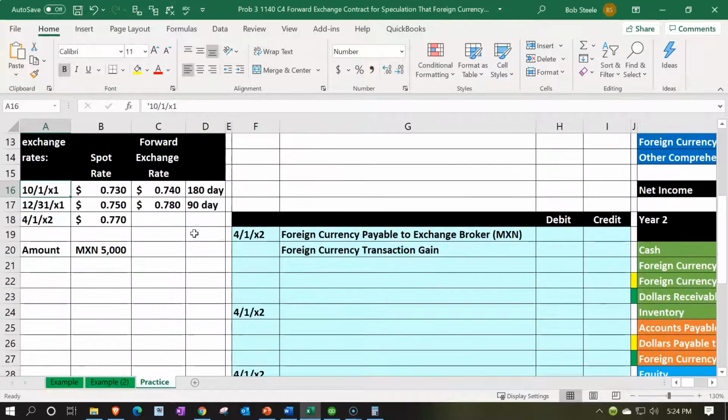Well, if we consider this, last time we were at one peso can get $0.78, and now 1 peso can get $0.77. So 1 peso can now get less dollars. That means the peso has weakened in comparison to the dollar. We're going to actually be paying in pesos in our case. And so we would like to be paying the 5,000 pesos to have a lesser value than they did when we originally started the contract. And so that means the fact that the peso went down compared to the dollar in this case would mean that it was a beneficial thing to us because we're going to be paying at the end of the contract